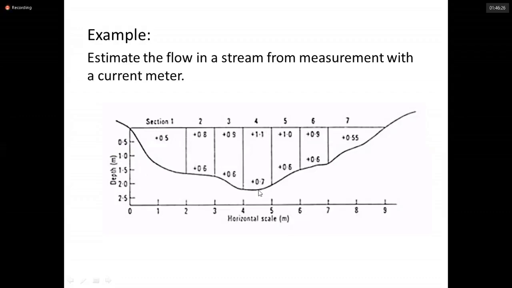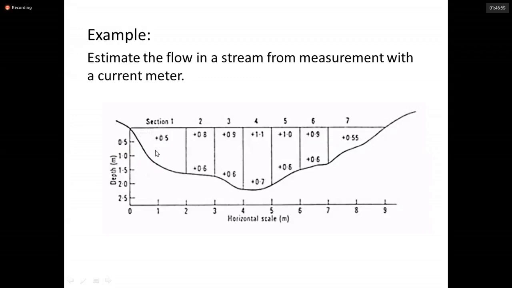1 meter. So for section 1, it's 2 meters. Section 2, 1 meter. Section 3, 1 meter. Sections 4, 5, 6, all are 1 meter. And section 7 is 2 meters. Yes. With the picture, you know the width of this channel. And then you have to identify the